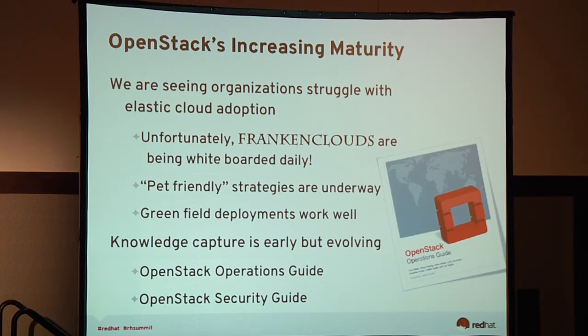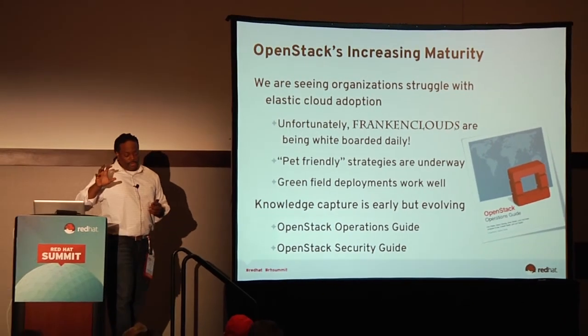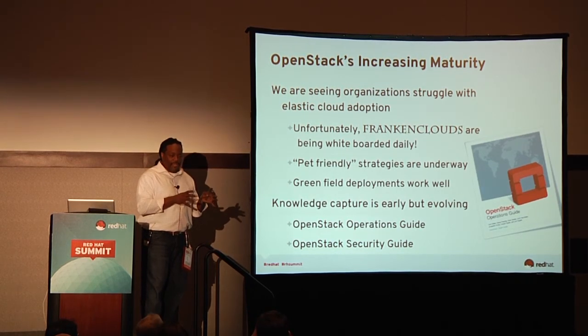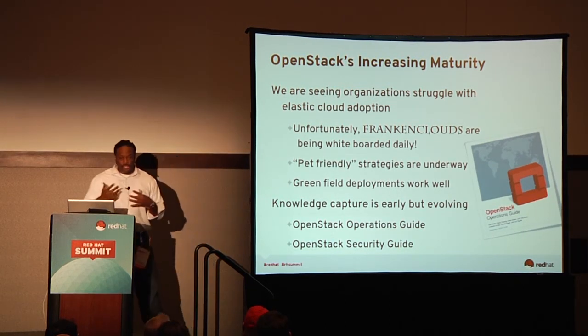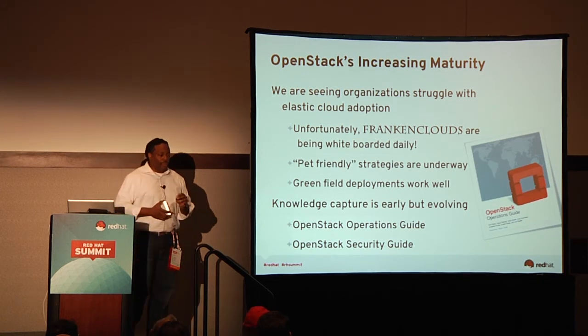There are greenfield deployments, like I said earlier, where you should just think about a dual cloud, the tale of two clouds, in terms of the enterprise applications and the Elastic applications. People are looking for guidance. So there are some pet-friendly strategies, but I think it's not so much a blending of the two philosophies as it is modifying your enterprise application to some degree, and then maybe doing a smarter approach to your Elastic Cloud, and then maybe it can work. But there are some pet-friendly strategies underway. So knowledge is being built around deployments every day.